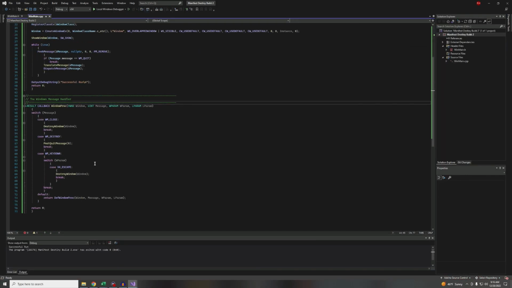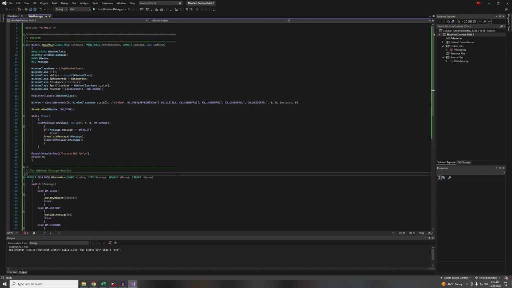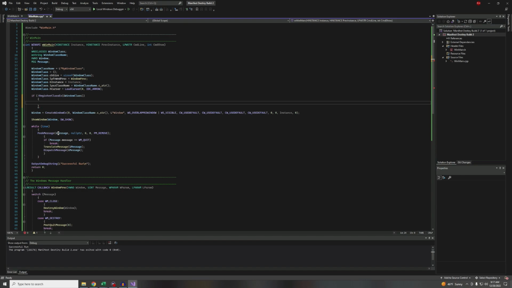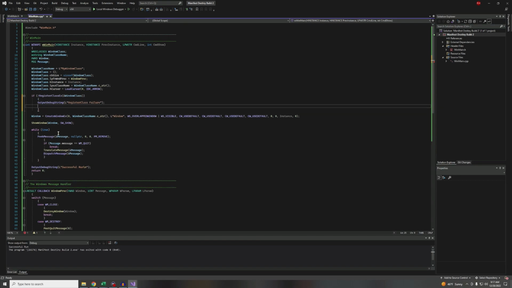Okay, one more little thing I need to do, and that's to deal with failure cases. So let's go back to do this. This register class can fail if not register class windows. So let's go ahead and put an output debug string, L quote, register class failure, return